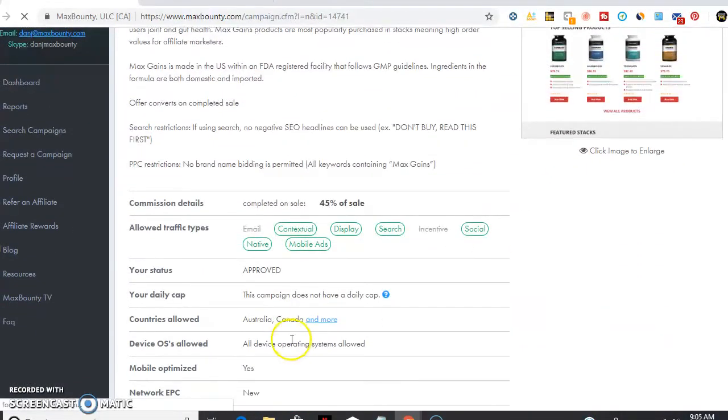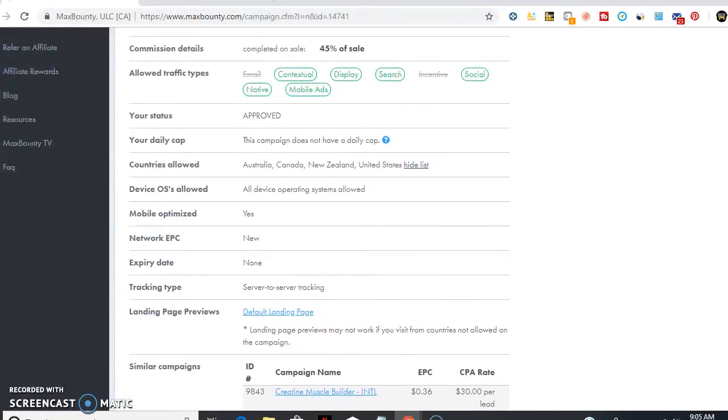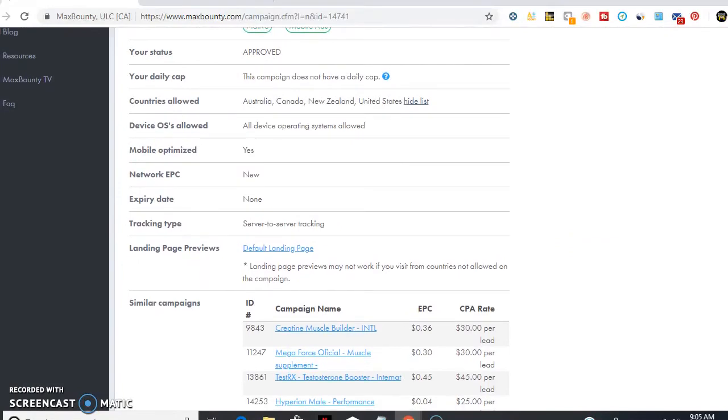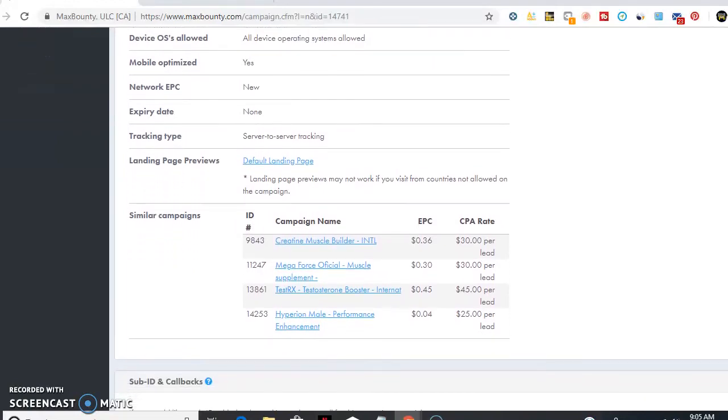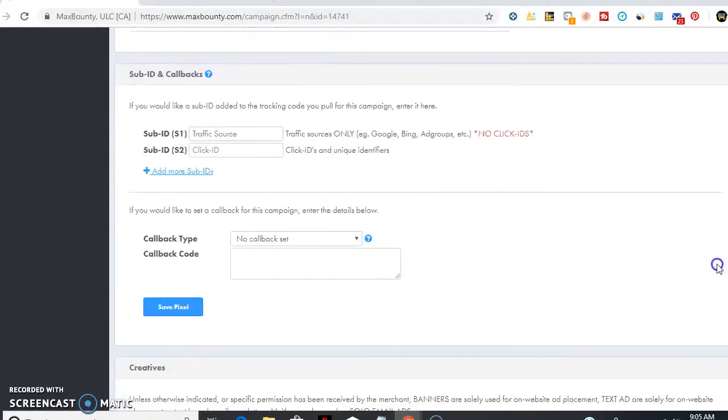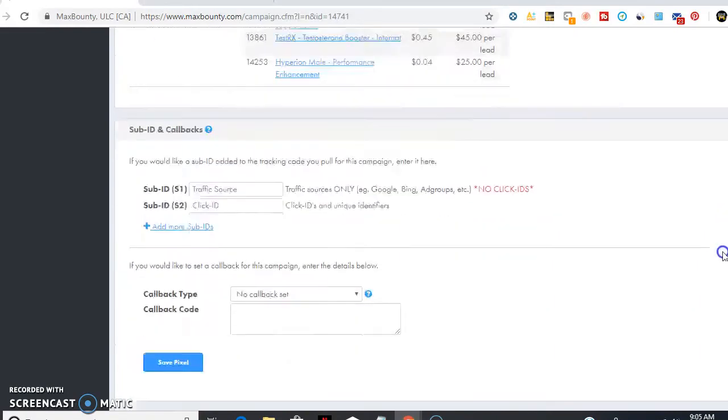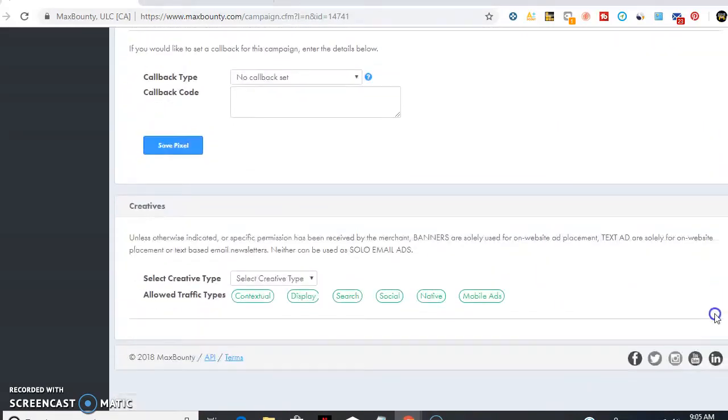Oh, that's different. So this is allowed for Australia, Canada, New Zealand, United States. So that's gonna be good. So you guys can get people to purchase from Australia, Canada, New Zealand, United States. So that's a good product. And once you get to this page, you just go and scroll down,